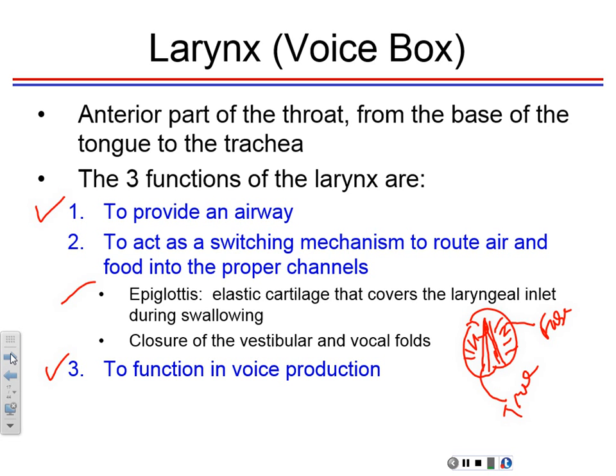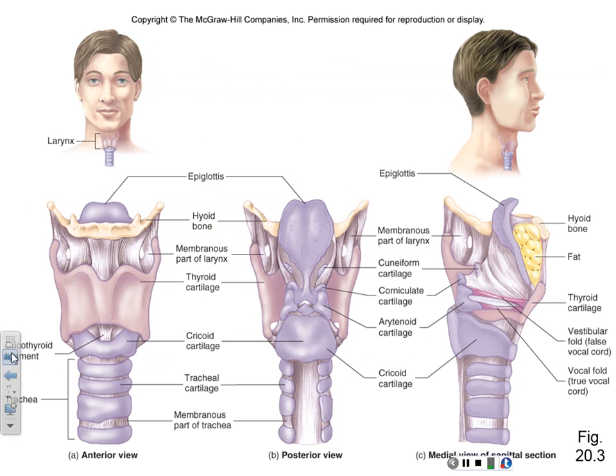All right, so those help out the vestibular vocal folds, which are the false and true vocal cords. They close up the larynx, and the epiglottis on top, just to make double sure. So the function is voice protection, because of those vocal cords that are strategically placed at the opening of the larynx, so that when air is moving into and out of it, it will strum these cords just like strumming a guitar. Okay, so that's that. If I ask about the three functions of the larynx, you talk about switching mechanisms, voice production,